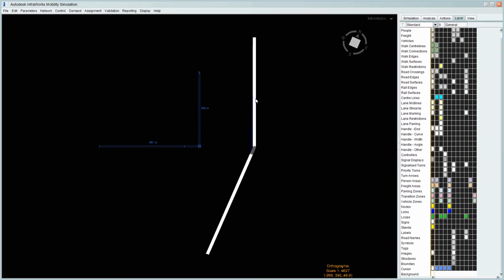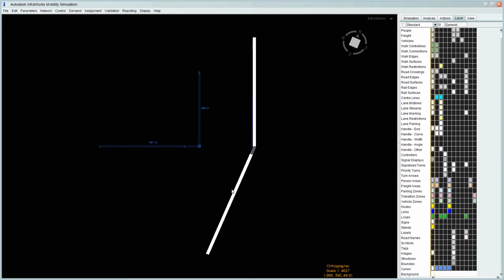So now we need to look at actually creating the environment for this scheduled service, which is going to run along this rail. Okay, so the first thing we need to do is to set up what they call a trail, which is basically the route.